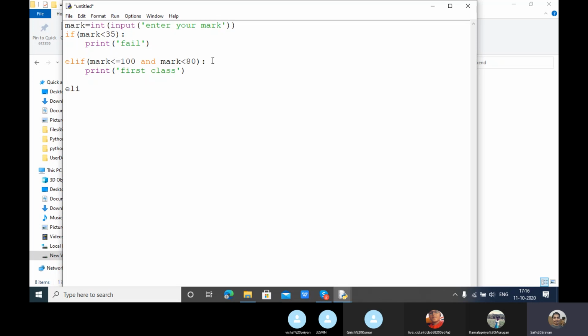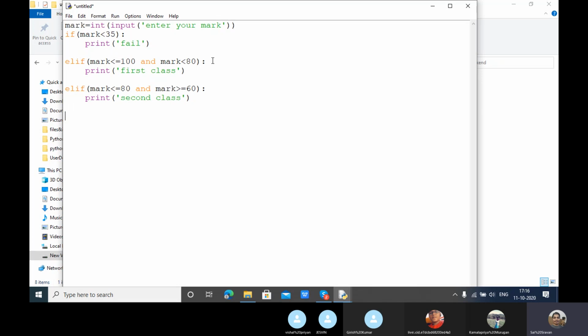So again I am giving multiple conditions. So mark less than or equals to 80 and mark greater than or equals to 60. So here I am going to print second class.